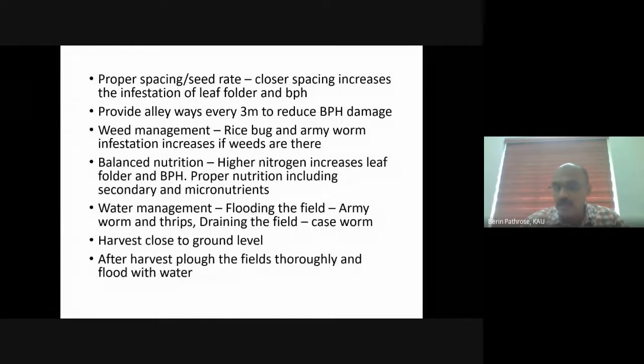Many a time farmers reduce the dose of potassium, which will increase the susceptibility of the crop to insect pests. And one thing you have to keep in mind is, how many elements are considered essential for crop growth? Anyone? How many elements are essential? What is the number of elements essential for crop growth? That's in the first course itself you might have studied. 17, good. So we have 17 essential elements,